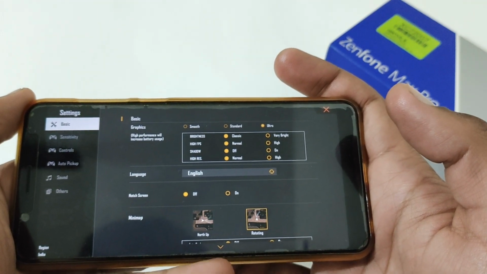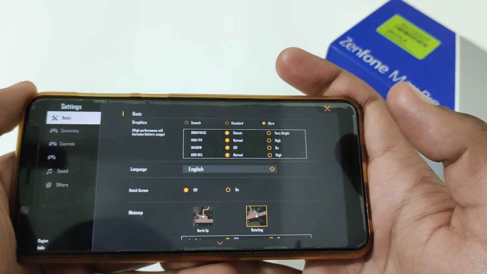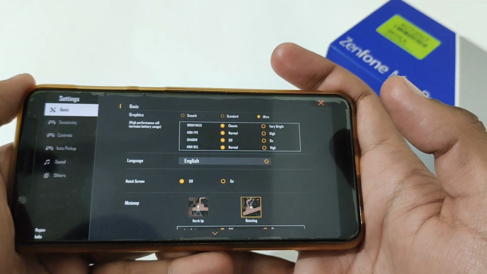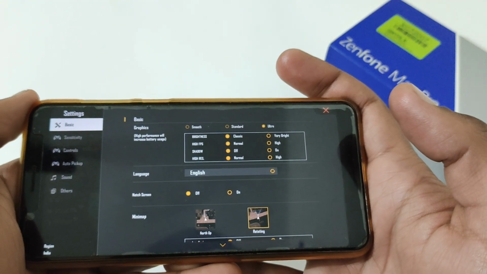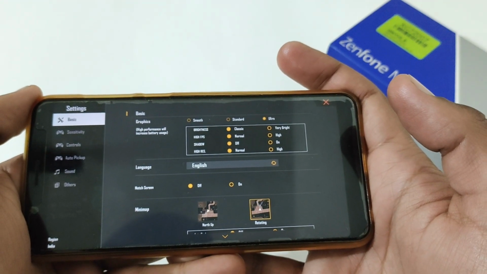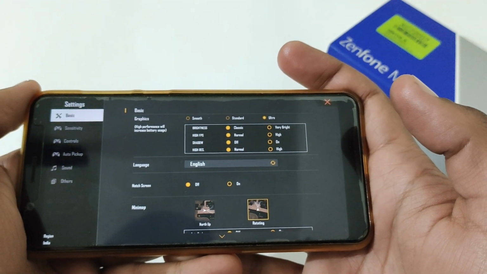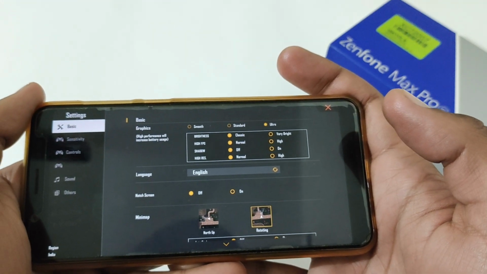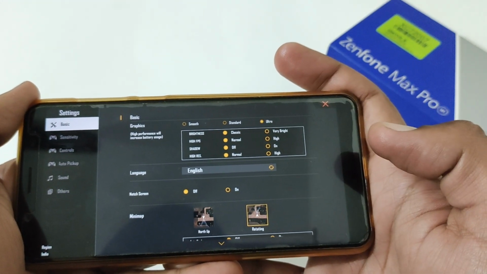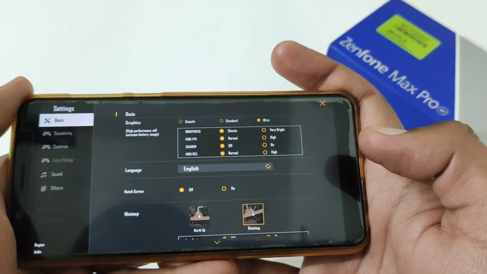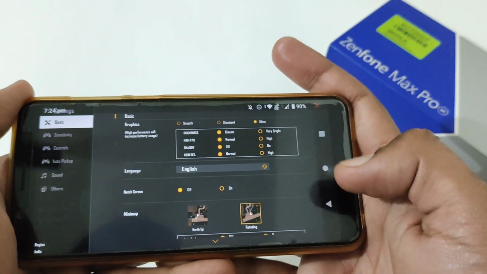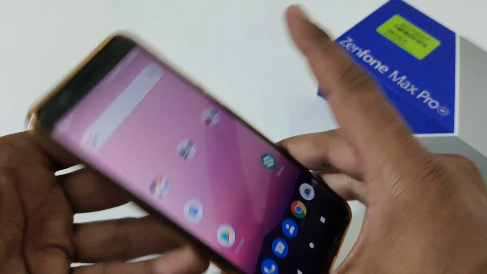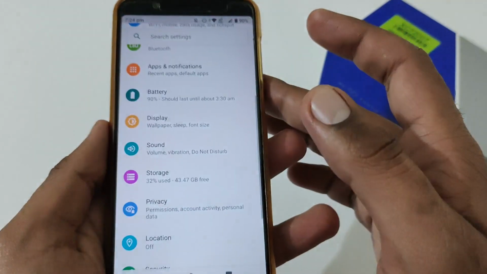Temperature readings on Android Beta 5 were 19 before starting, and as soon as I completed one hour of gameplay, it was 29 degrees. Whereas on Android 10 Beta 4, it was 33 before starting the gameplay and 40 as soon as I completed one hour of gameplay. But on both the Android 10 Beta versions, be it 5 or 4, I haven't seen a lag. On Free Fire, it was butter smooth. So overall, the gaming experience was good.